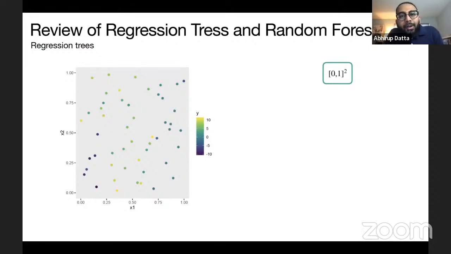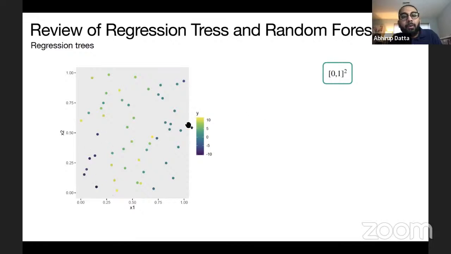So let's look at what random forest really does. Random forest is a collection of regression trees. A regression tree is a tree estimator of a nonlinear function connecting your observed covariates x to your response y. To illustrate, suppose you have two covariates, x1 and x2, and the locations give you the values of the two covariates.